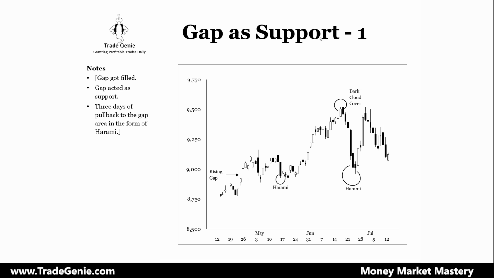Now here gap is support. So when the market gaps up, it creates support. When the market gaps down, it creates resistance. So gap down creates resistance, gap up creates support. So now you need to play those support and resistance levels. So here is the market which is gapping up, quite a lot of gaps here. See here, there is one gap here, which is not meaningful, but this gap is a meaningful gap.